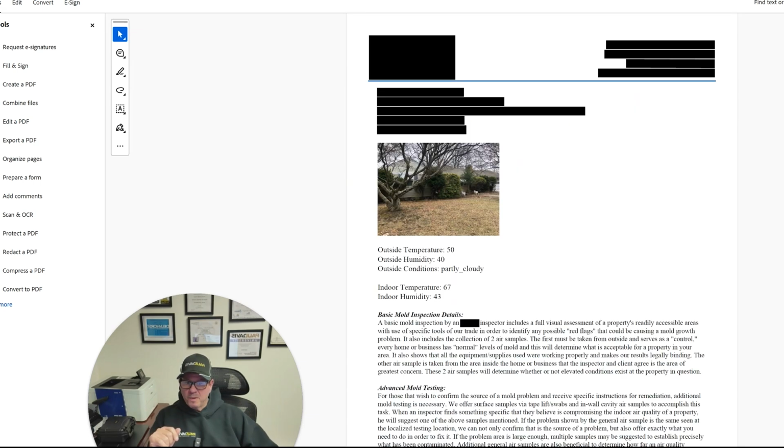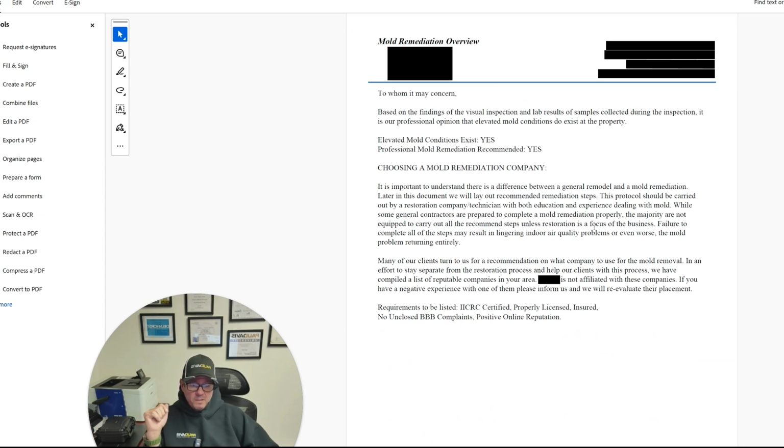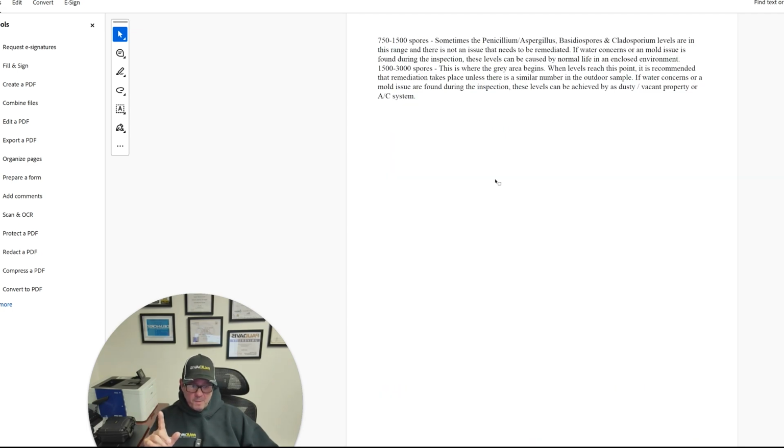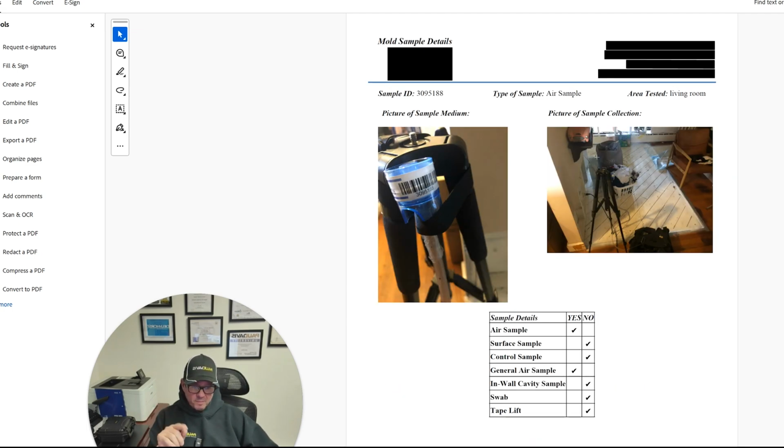Now we're going to go into the actual assessor's report. So the assessor goes on to state that according to that last report, there are elevated mold conditions. Not according to the report, they're not. He's going to go into what samples were taken. So he took 2 air samples. One is a baseline outdoors and one is in the living room. So 2 samples. Here are pictures of the samples, living room